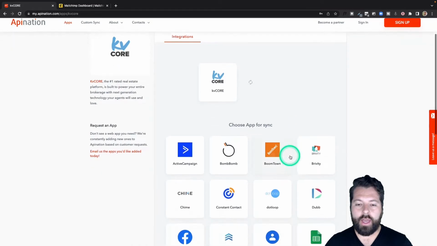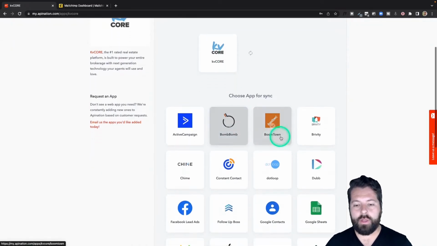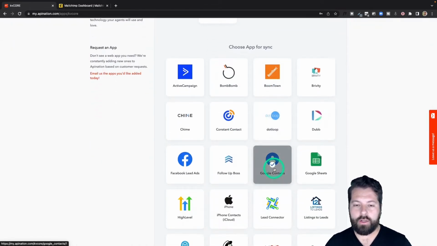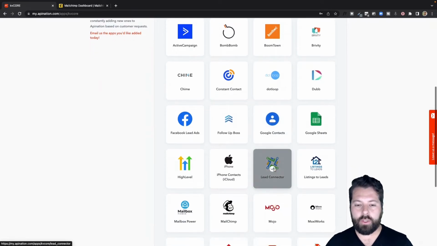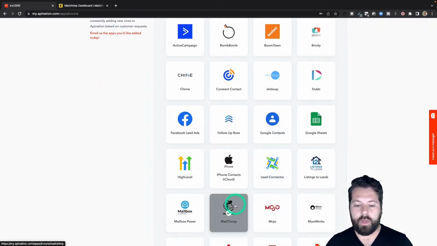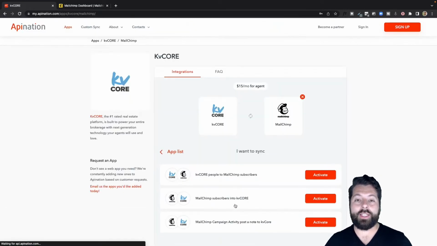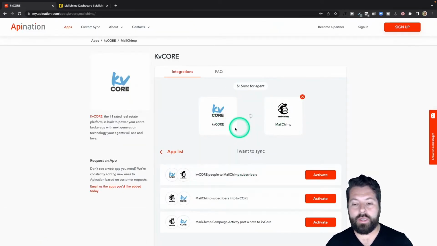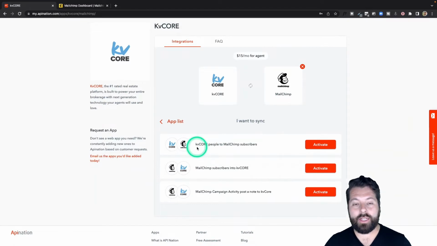And once you click on that, you can see, all right, kvCORE syncs with all these apps down here. You can automate this stuff and save yourself some real time. Here's Mailchimp under M. I'm going to click on that. And once you click on that, you can see exactly what you can sync between these two apps. I can sync contacts from kvCORE into Mailchimp. This is the most popular thing to set up between these two apps, but you can also set it up